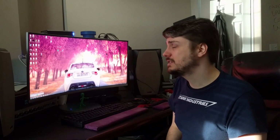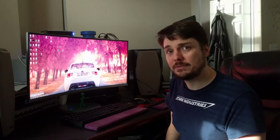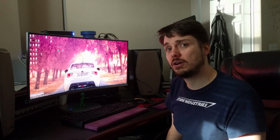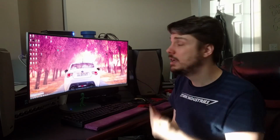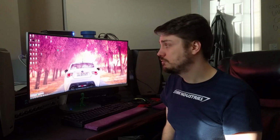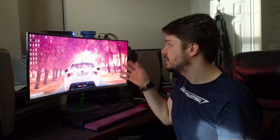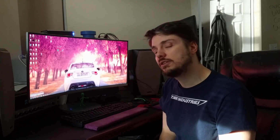And this just came up and it was there, and it was like, you know what, for $100 more, a little bit of peace of mind, and the brand name of Samsung, if I do go to resell this monitor, I'll probably have a little bit easier time than I would a microboard, which I hadn't even heard of. It just happened that I had done enough research that I found out about it. And I was really tempted to get a microboard, I really was, because it's essentially the same monitor. But after seeing a couple other reviews on eBay, this has a few nicer little features that also make it